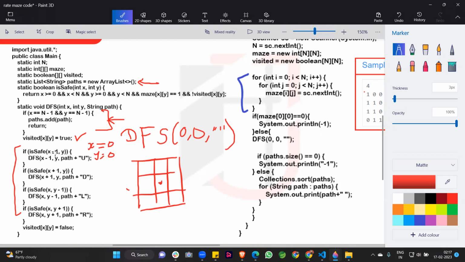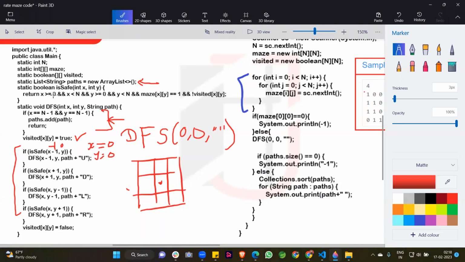When we call like this, at this if condition, the first value is 0 comma 0. When the is safe function executes, x minus 1 is 0 minus 1, so it is minus 1 comma 0. So is safe minus 1 comma 0 is being called. Okay guys, this is where the is safe function is called, and here is our is safe function. Here we get the x value as minus 1 and the y value as 0. After that we check the return value.